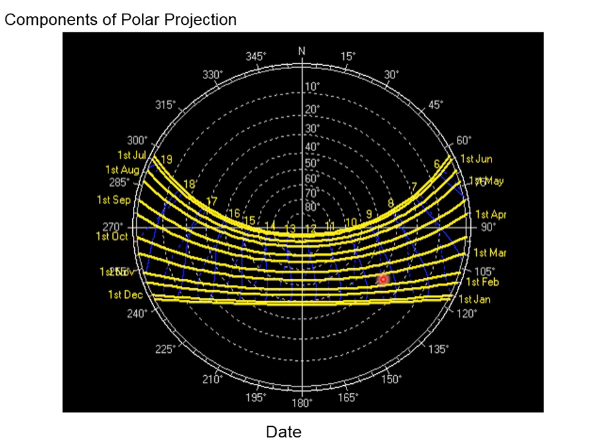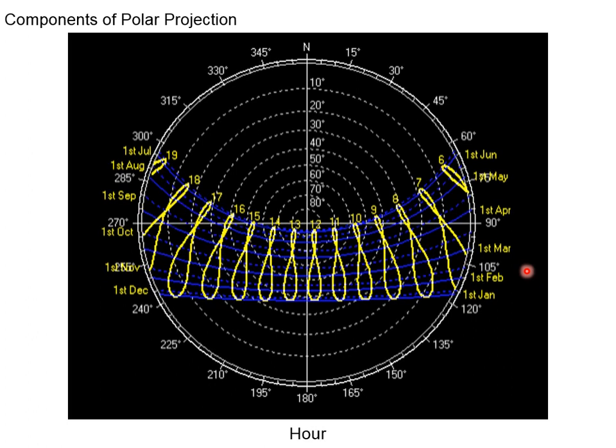The sun's movement towards the north is called the Uttarayanam, and the sun's movement towards the south is called the Dakshinayanam. So it moves towards the north and towards the south in the northern hemisphere, and of course in the southern hemisphere the same movement is there, but the path will vary according to the latitude. The next one is called the hour lines in a stereographic drawing. You can see the hours 6 o'clock, 7, 8, 9, 10, 11, 12, and it leads even to the evening at 4 p.m., 6 p.m., etc.